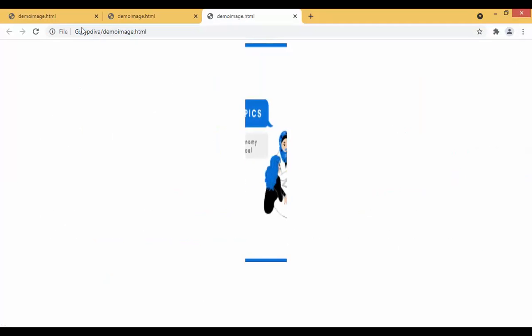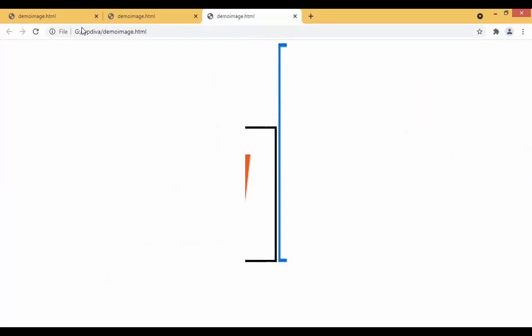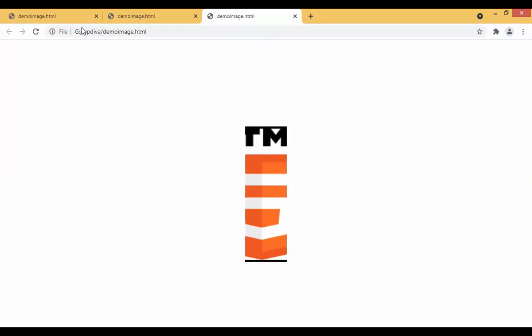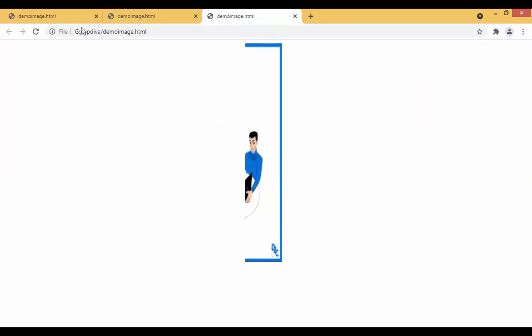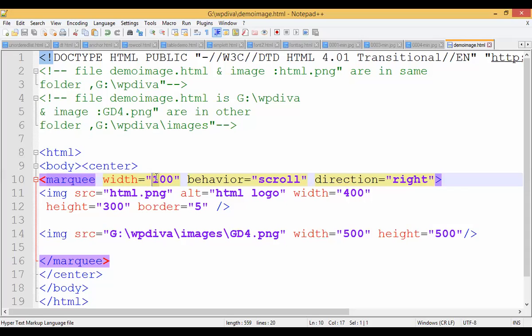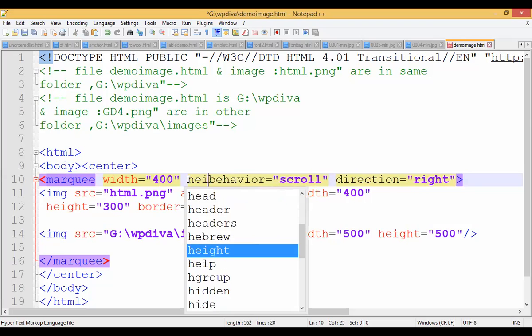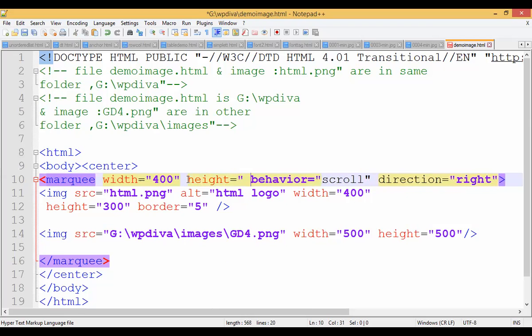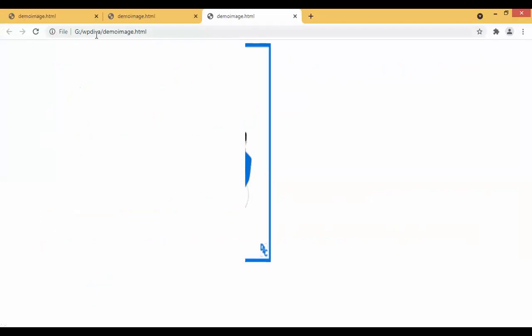See there, guys. So in this way, the image starts rotating from center, okay, within the 100 width. So within the given width only the image will start rotating. The width I have set here is 100. Suppose if I take width is equals to 400, the image will start rotating within that. Suppose if I take height also, height is equals to, suppose if I take 200, what happens to my image? My image will start scrolling in that given parameters. Did you see that? Okay.